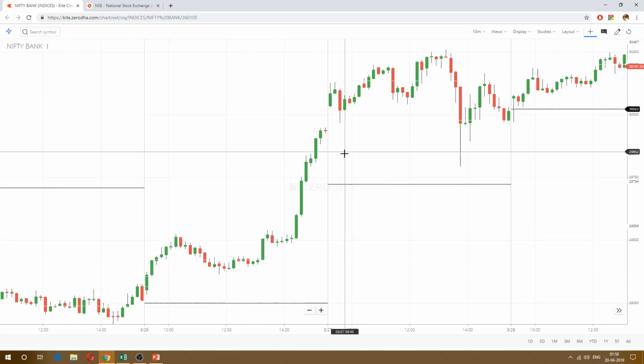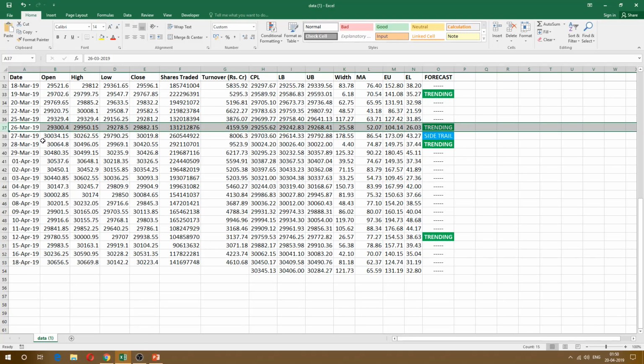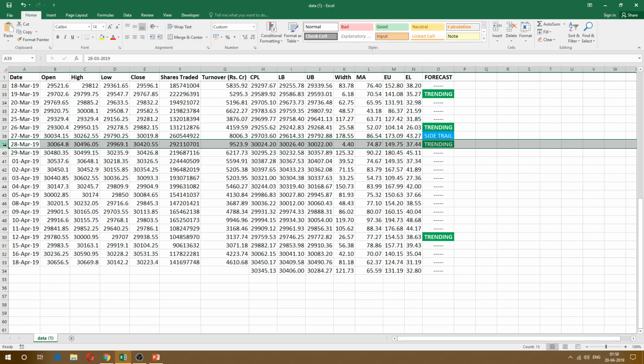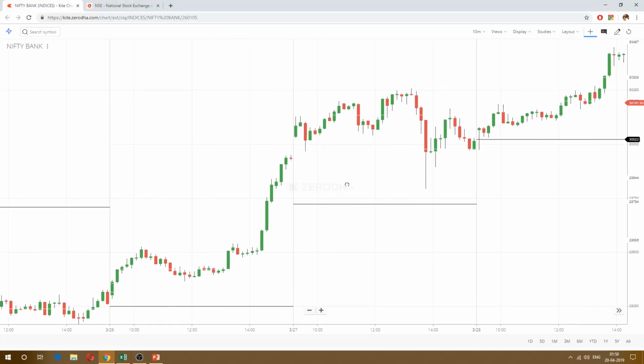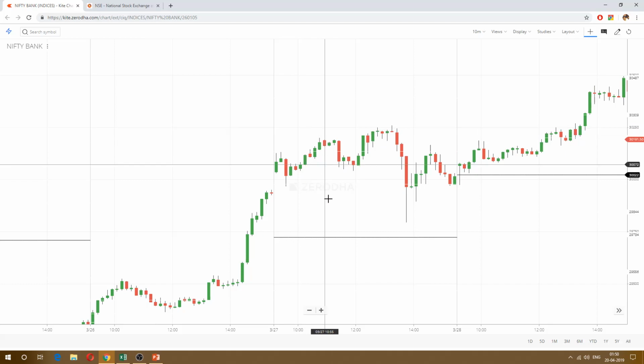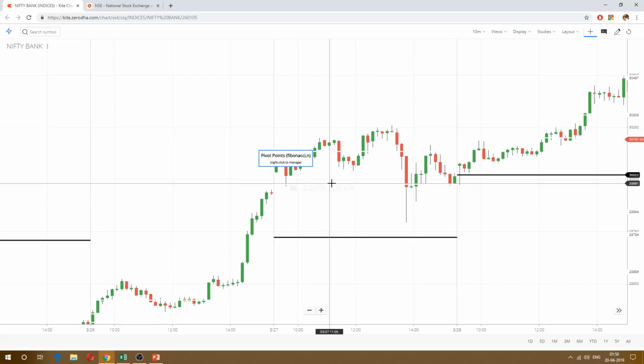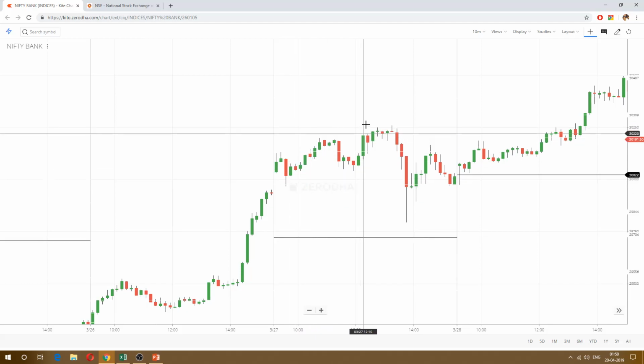That's what trending is, right? Higher high, higher low. Okay, so on 27 March it is sideways. On 27 March it is sideways. Okay, see how it is within this range, side trailing. You can buy at the low here and sell at the high here,